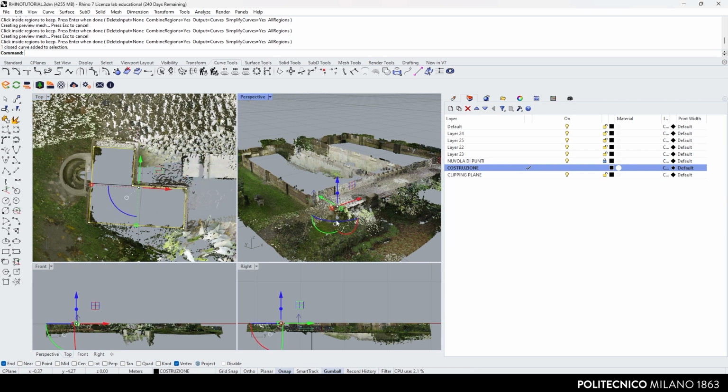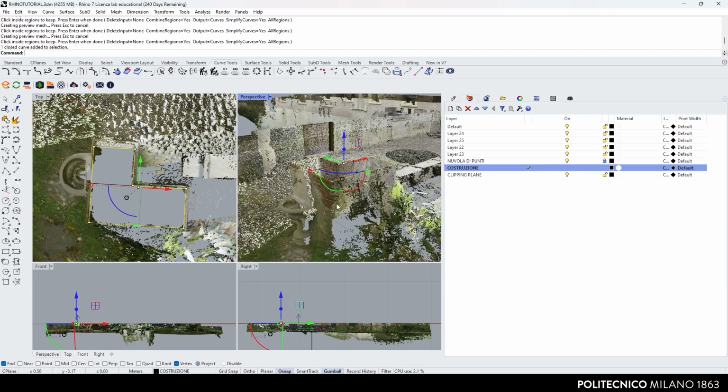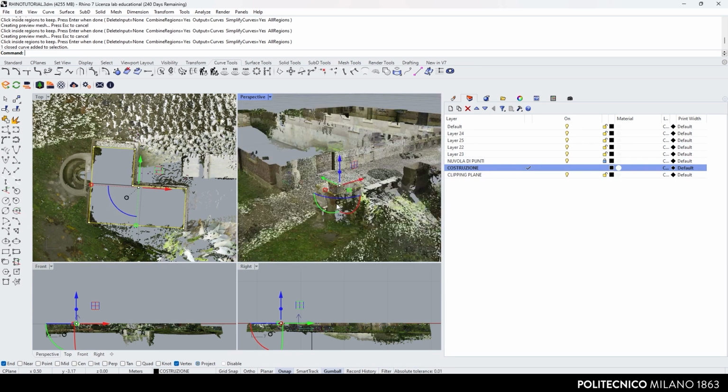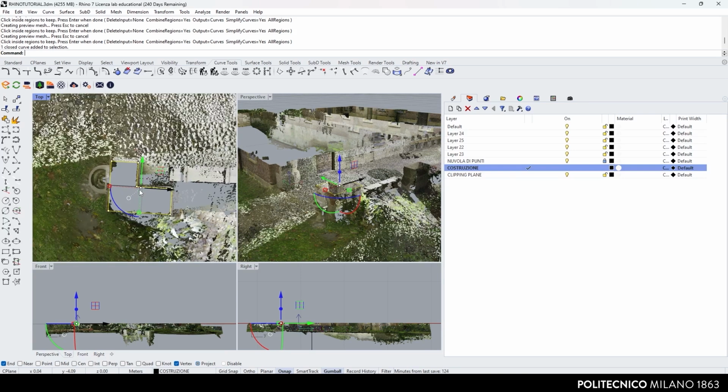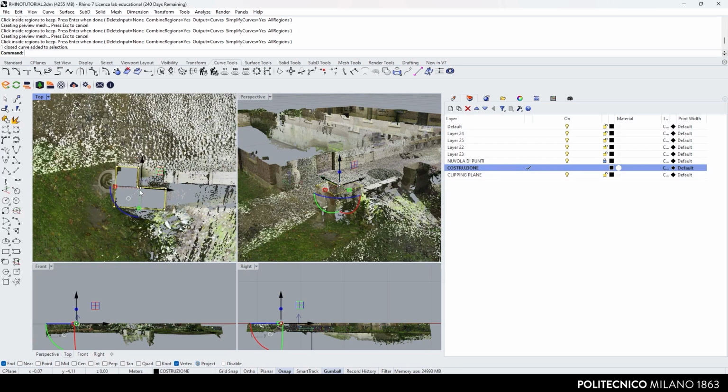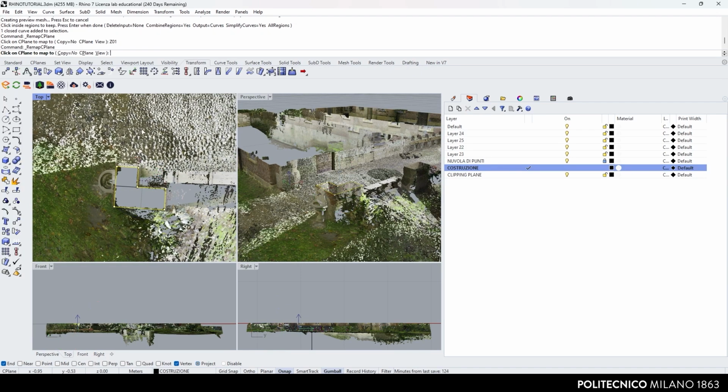If the figures are placed on a plane that is not the one that we need and we want to reproject them on a different one, we can shift them to the right one. From the Transform menu, use the Mapped C-Plane command. Select the objects, press Enter in the command bar, select the C-Plane command, type the name of the C-plane, in our case Z01, and press Enter. Finally, we can proceed with modeling.